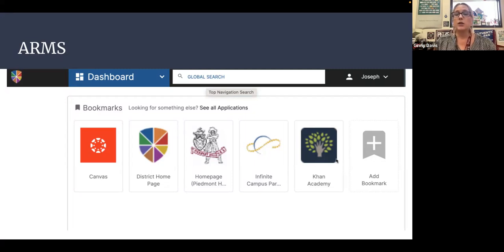Khan Academy is a great tool. Your child started with math, but I think now they have a lot of other subject areas also. It's a great tool for prepping, for getting some tutorial on different subject areas, and they have a great SAT prep through Khan Academy. So if your child's looking to take the PSAT or the SAT this year, Khan Academy is a great resource. And you have a link to it right there.